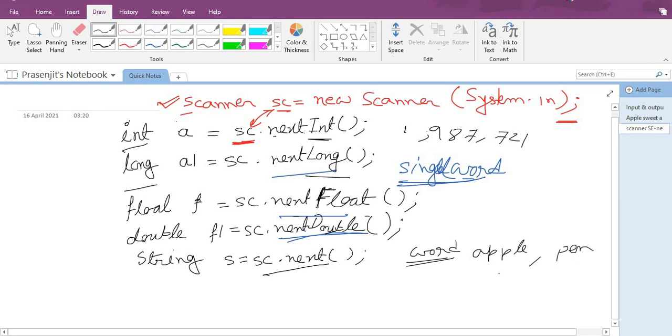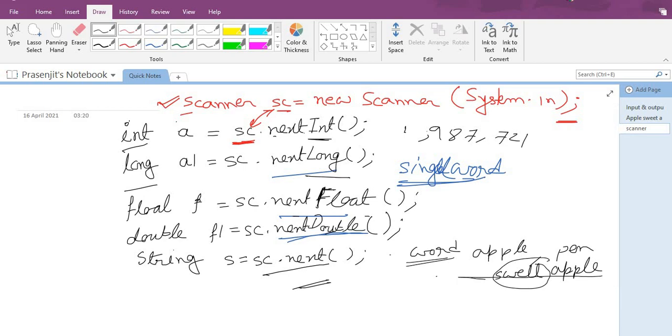If you write sweet apple, then it will consider only the sweet one, not the apple one. It will accept only the first word. If you write 10 words, it will always consider one word. The first word it will accept, the remaining words it will not accept.